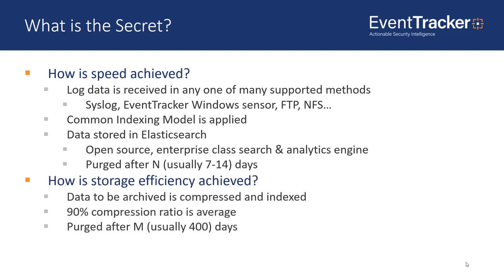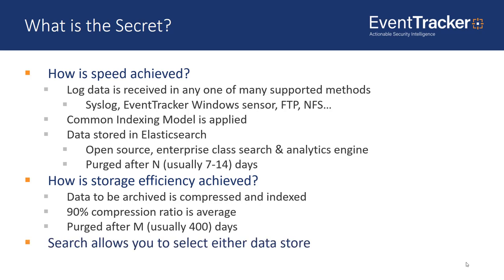How do you do storage efficiency? Well, this is frankly the same as it was in EventTracker version 8 because we had pretty much nailed it. We take the data to be archived, compress it, and index it using XML indexing. This gives us on average 90% compression ratios. And then you purge this after usually a year or more so that you have data available to satisfy the